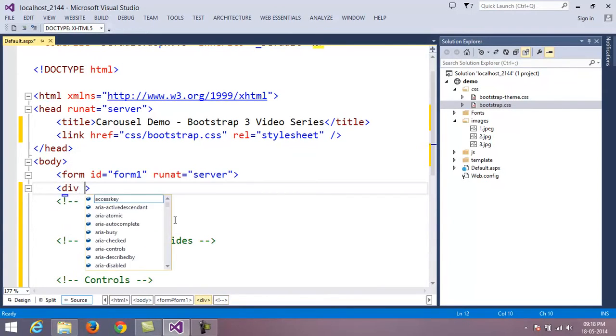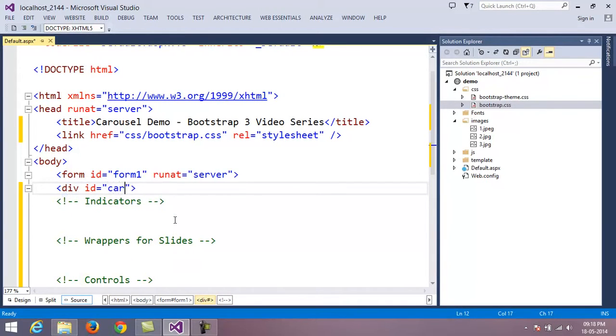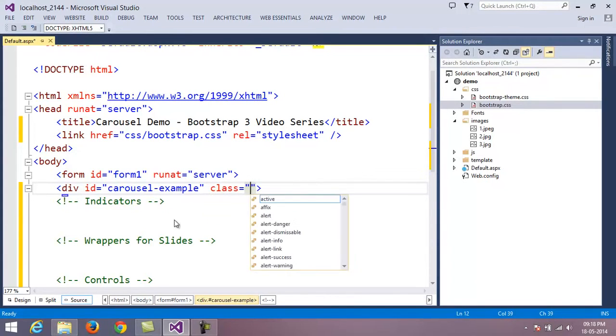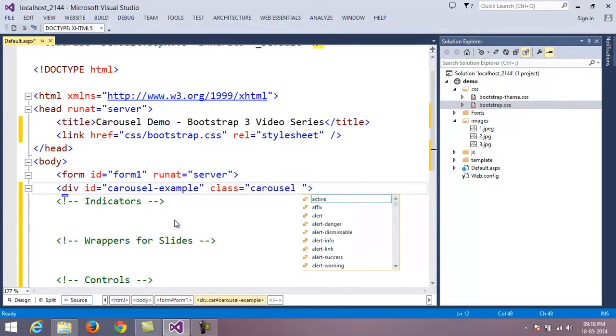In the first div, I specify an ID, for example, carousel-example. And let's specify the class for the carousel. I have to specify it as carousel, and I need to provide the slide. So I take the support of slide.